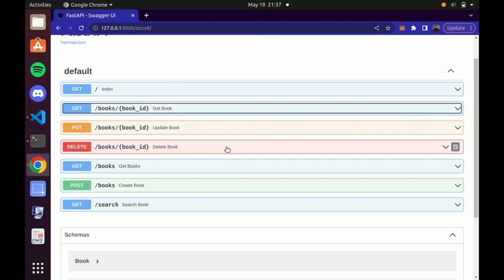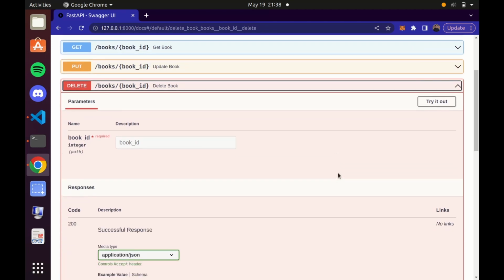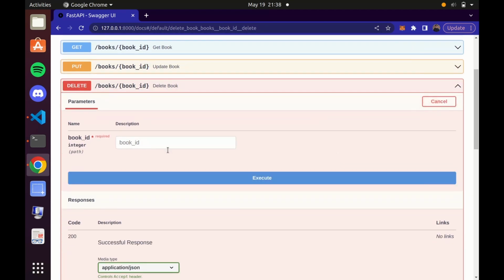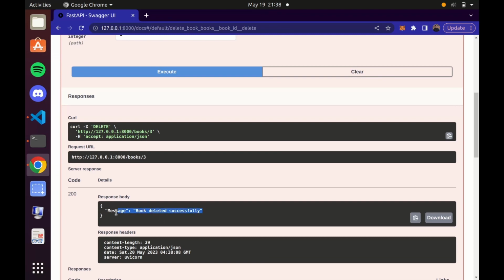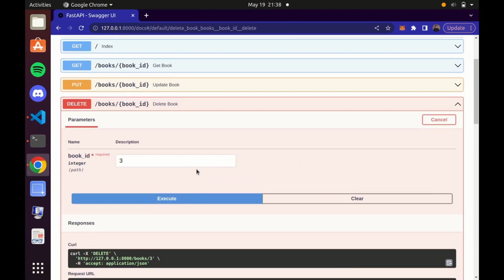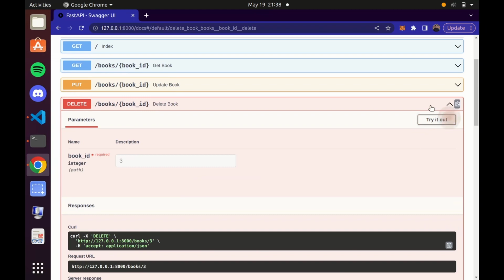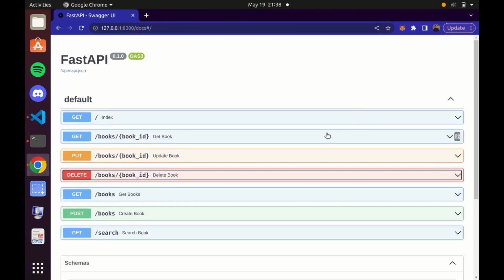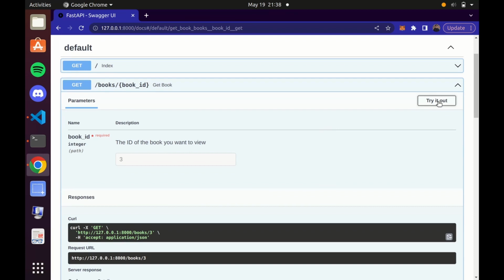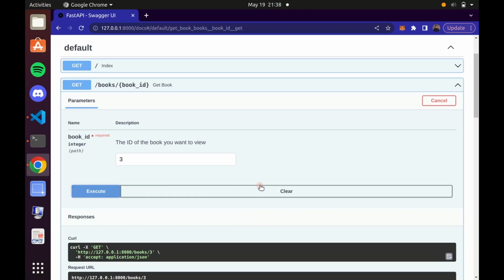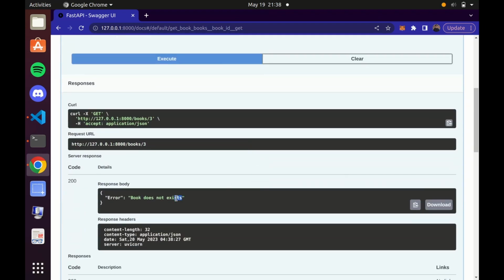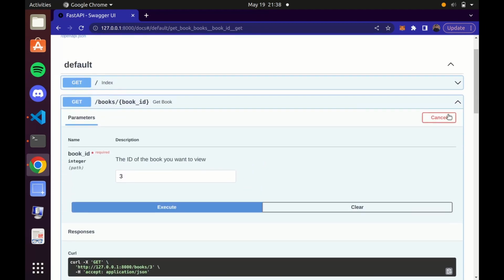And now we're going to show you that our delete book method works. We'll do try it out. We will search for the book ID. We'll do 3, execute, and that'll delete the book, and it'll show that the book is deleted. And to prove that this works, we will look for this book once more, and if it had worked, we will see that the book is no longer in the database, and it will tell us that the book does not exist. Perfect. So we see that the delete method works, and we're going to move on,